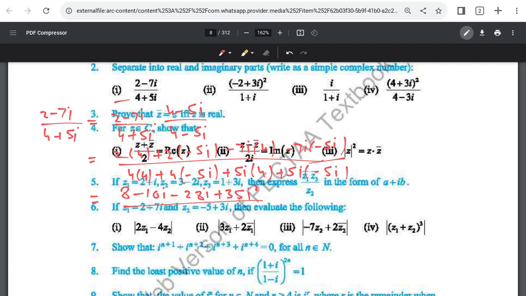Okay, so the denominator of this one will be, we have 4 times 4, 16, minus 20 iota, then we have 20 iota, then we have minus 25 iota square. After this, we have